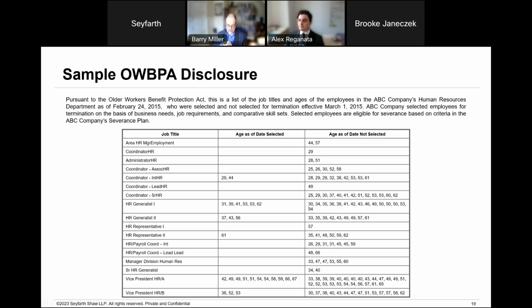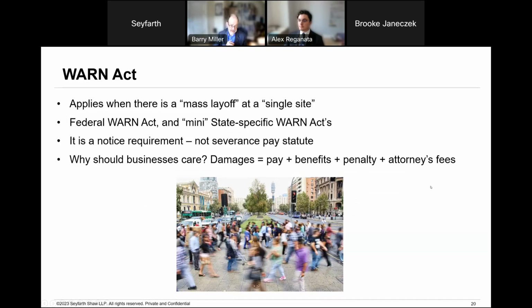That'll take us to the last substantive slide, which is on the WARN Act. WARN is a federal statute from 1988. It's the Worker Adjustment and Retraining Notification Act. And in essence, what WARN does is require an organization to provide 60 days advance notice to folks who are impacted by a WARN qualifying event. And we've got a whole other micro webinar on WARN. It is a set of detailed and arbitrary requirements that may apply. The baseline, though, is it applies only to sites of employment where an organization employs at least 100 individuals.